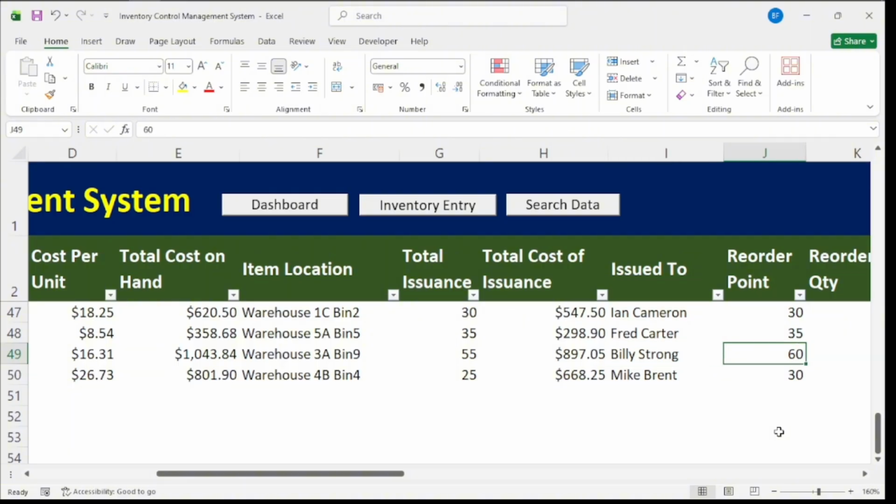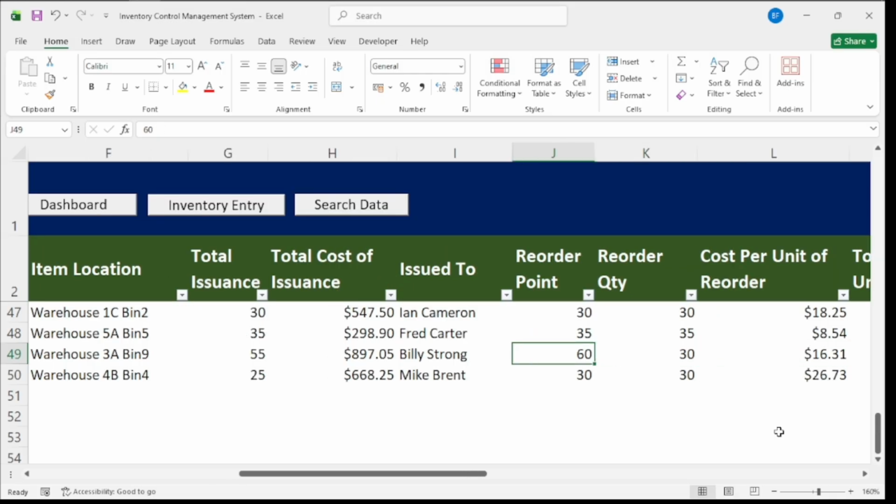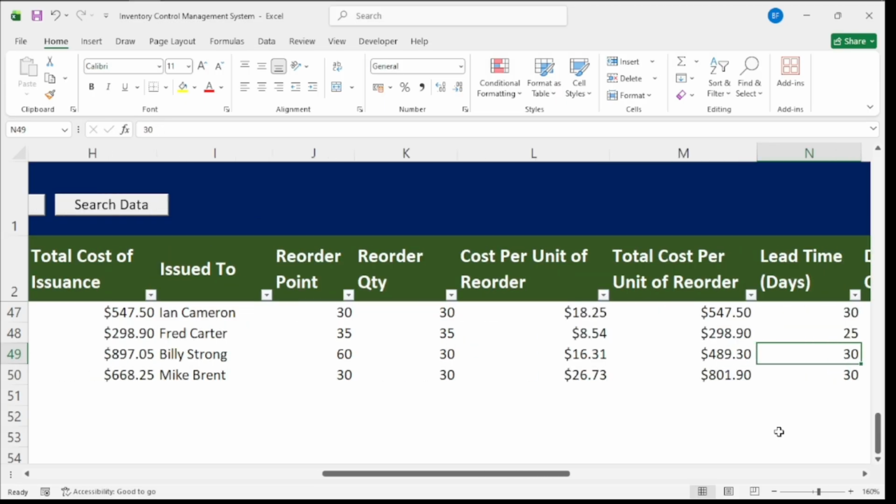And then you have the reorder point and the reorder quantity. The reorder point is just the level where you start processing perhaps a purchase order, so that you can procure the parts that have reached the reorder point. And then the quantity that you're going to reorder, this would be the reorder quantity,